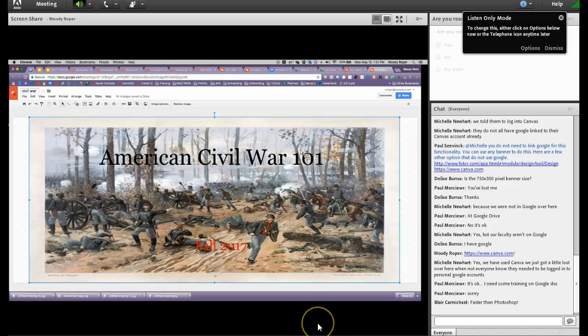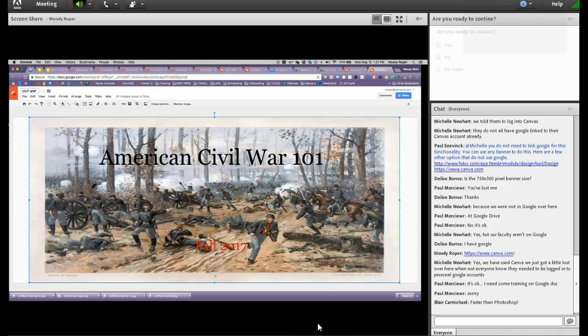And also this is only limited by your imagination. If you have other graphics that you think would be better, if you want something written out in a different title, different font, different colors, it's really only limited by your imagination. All right, so I'm just going to title it Civil War Banner